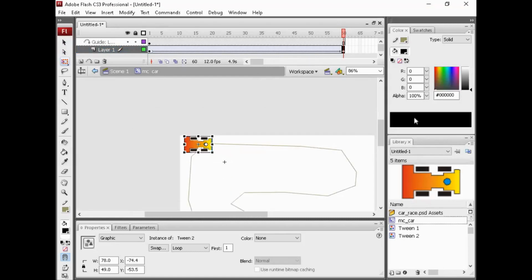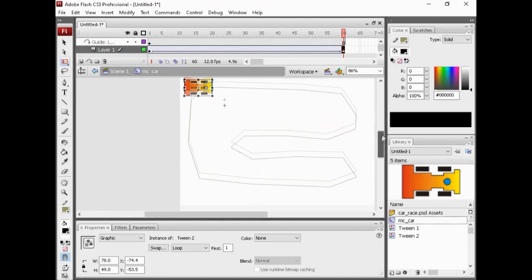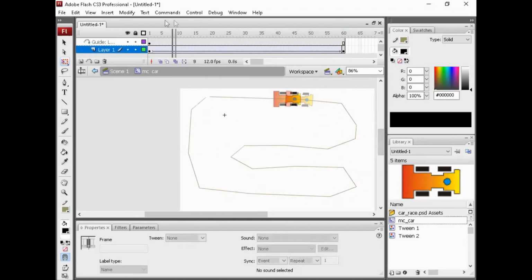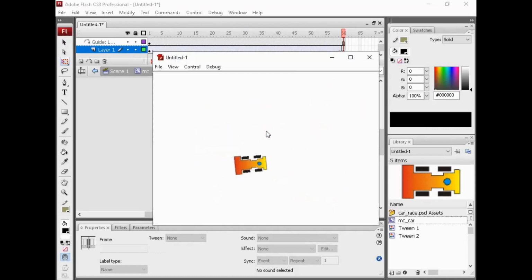Let's see the movement of this object. It's great. Let's try. Control Enter, and we'll see a great moving from this object.